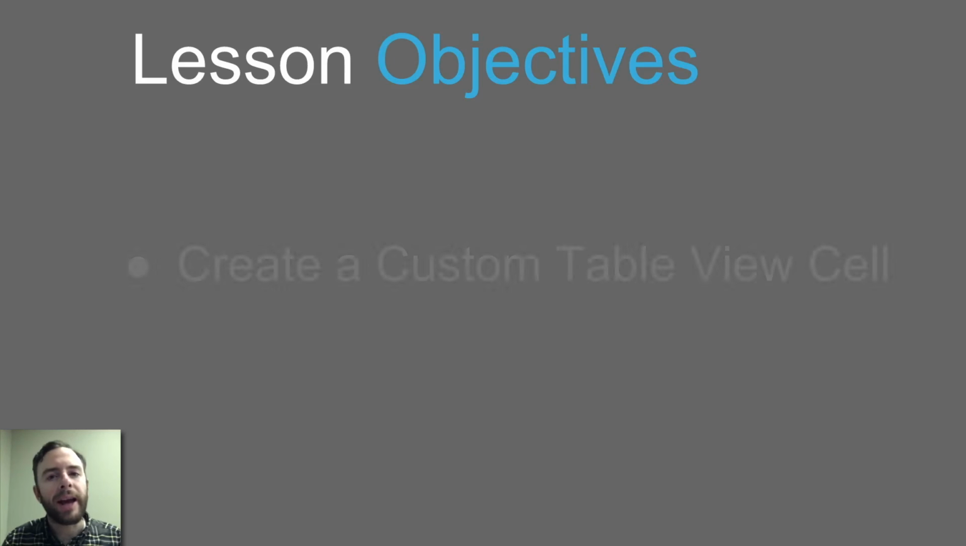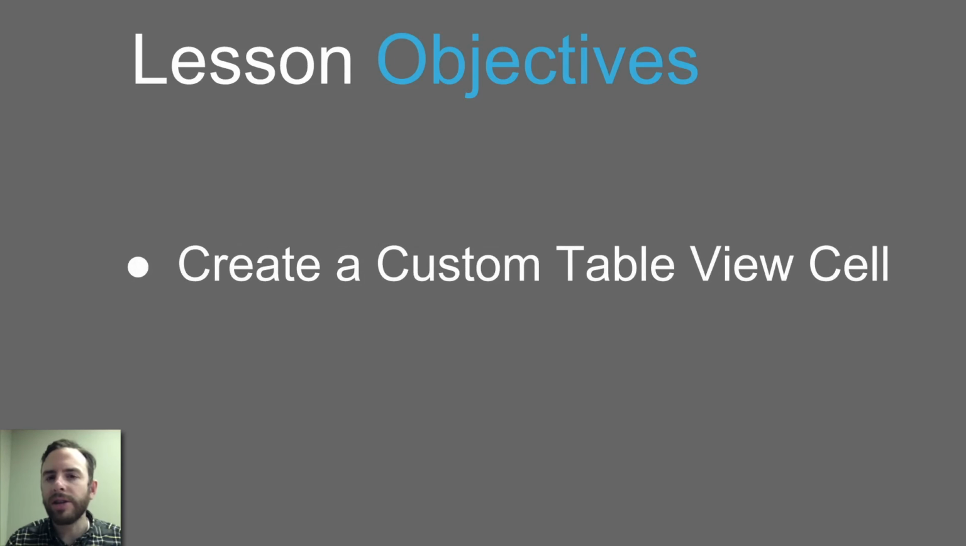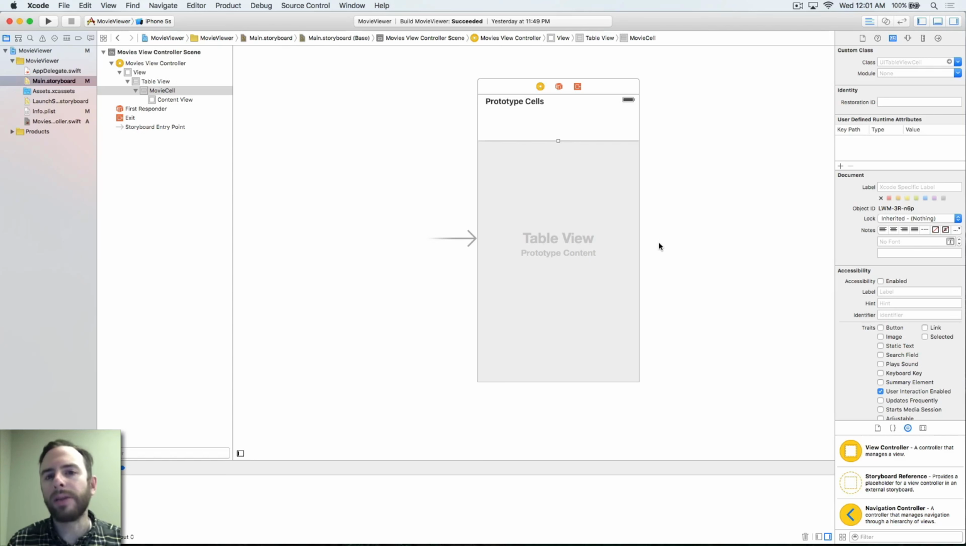In this video, we're going to add a custom table view cell. This is going to allow us to further style and add features to our app. In the last video, we were able to set the built-in text label that comes with the cell. In order to get a more custom look, let's add two labels of our own, one for title and one